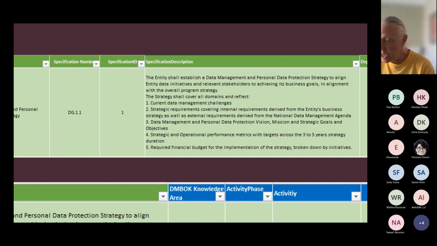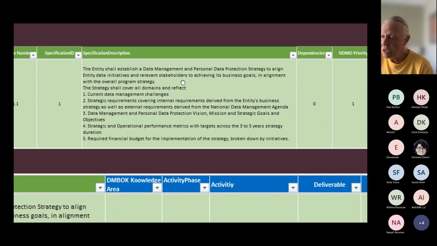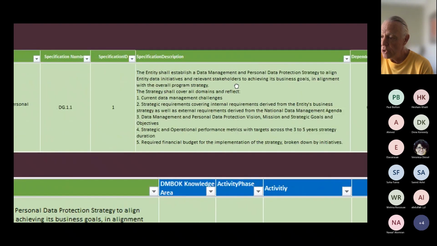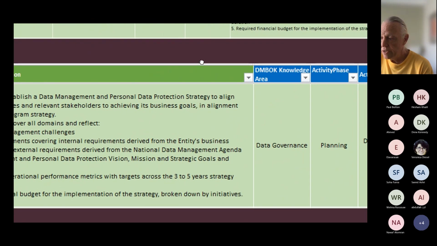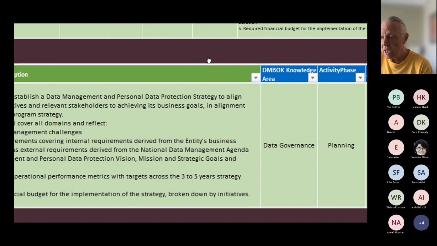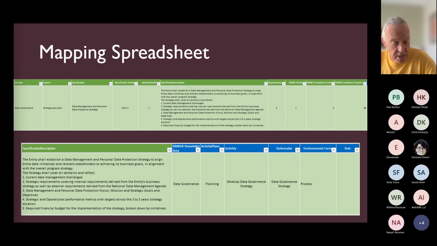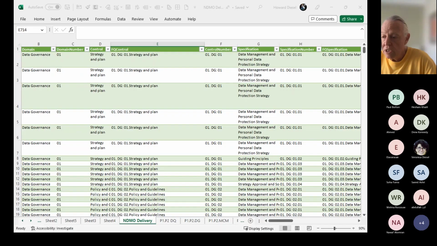And number 2, strategic requirements, maps to a data strategy. Plus number 3, which is the vision. And then you've got metrics across the different targets, what you're trying to achieve, and then a financial budget. And in some cases you've got resourcing and things like that that you need to deal with. What I'd like to show you is that I then map that onto the DMBOK, and I do certain levels of deliverable mapping. So the spreadsheet that I wanted to share with you, almost in terms of how to do it, looks something like this.